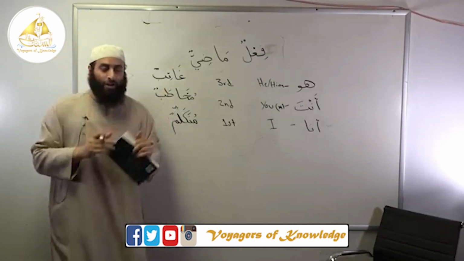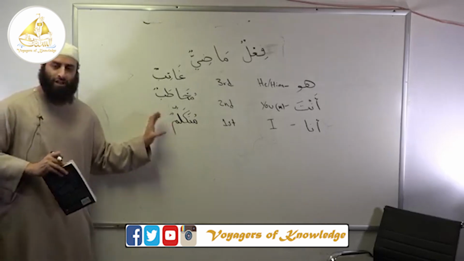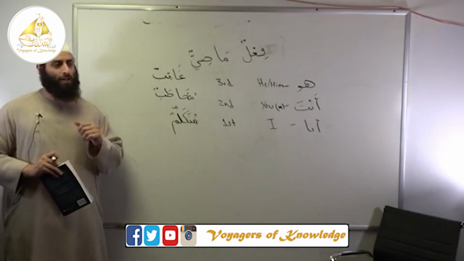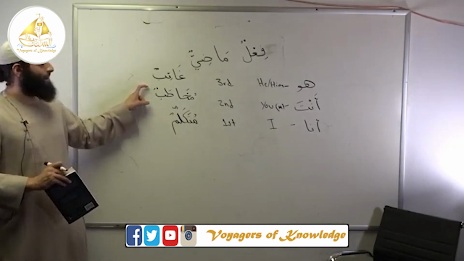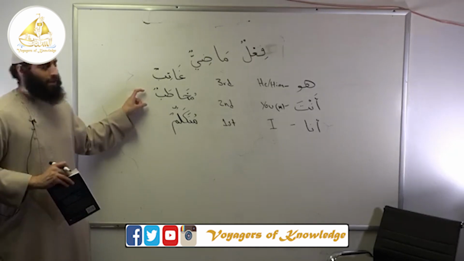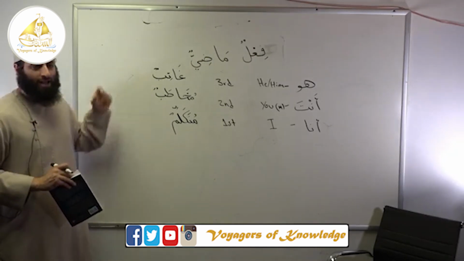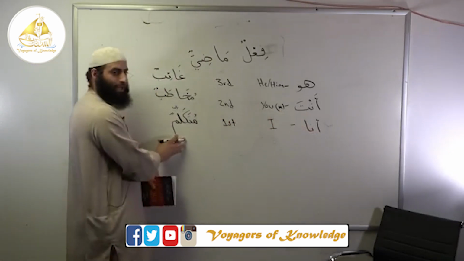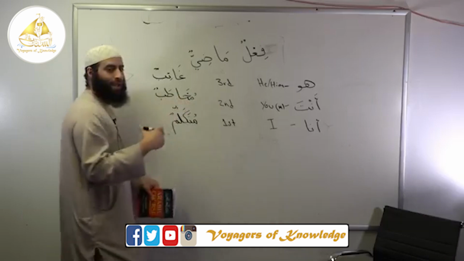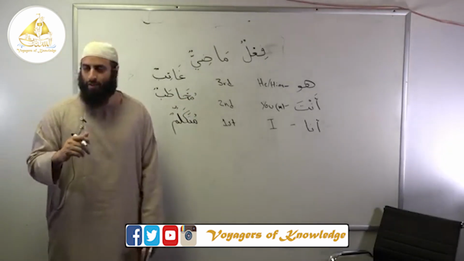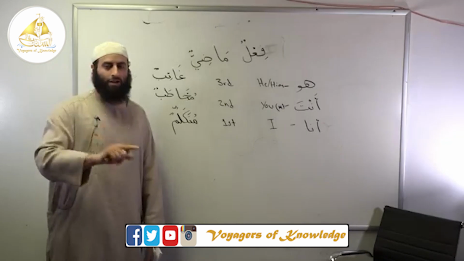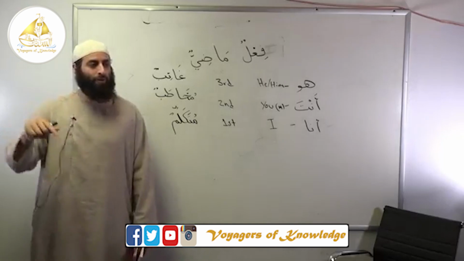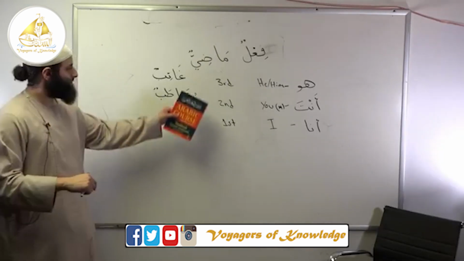Now that you have this in your head, there's special dhama'ir for mutakallim, like ana and nahnu, that's for the speaker. There's special dhama'ir for anta, and there's special dhama'ir for ghaib. So from them are ana and nahnu for mutakallim. For mukhatab, things like anta, anti, antuma, two people, antum, group of males, antunna, group of females that I'm talking to.